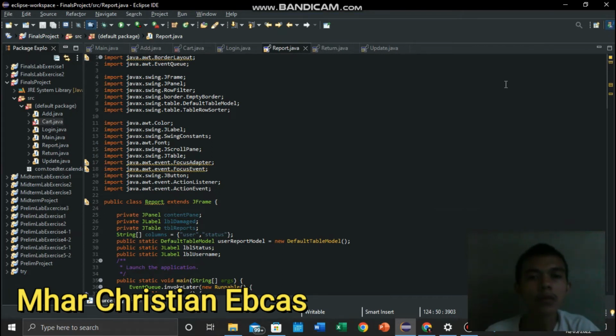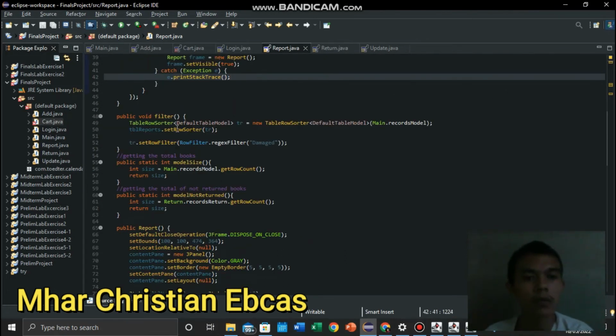The leader assigned to me is the report.java for our final project in CCS103. My name is Mhar Christian Ebcas, and I will discuss the report.java. This is TableRowSorter, DefaultTableModel, tr is called new TableRowSorter, DefaultModel, main.recordsModel. This is responsible for recording the data in our table, and the setRowFilter